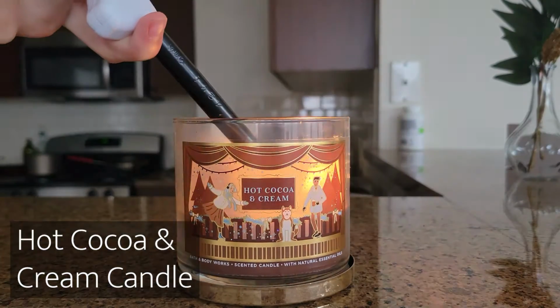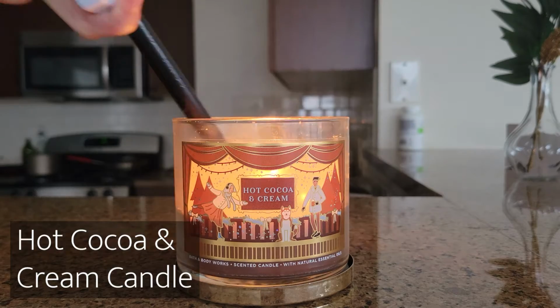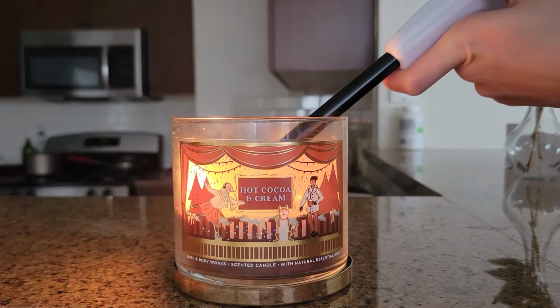Alrighty, and the next item I have for you is this candle from Bath & Body Works. So I've smelled a lot of candles, and this one is by far my favorite, especially in the wintertime. This candle actually just smells like hot chocolate. Like, imagine you have a nice, warm, fresh cup of hot cocoa. It's so rich and indulgent. I guess if you don't like hot chocolate, you won't like this candle, but if you do, oh my god,